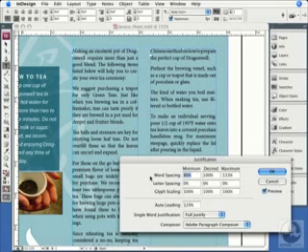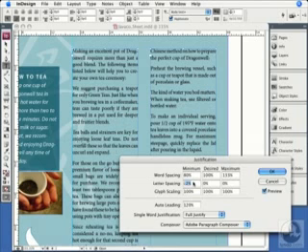But personally, maybe I'm not a purist. But in the magazine industry or the newspaper industry where you're on a deadline, you need to get this thing out fast, and you want as good type as possible quickly, well, in that case, go ahead and add a little bit of letter spacing and glyph scaling. I'll go in here, and with the preview checkbox turned on so I can see what's going on, I'm going to change the letter spacing to maybe minus 1 or 2%, and then I'll add 1 or 2% as well. That's going to be very difficult to see the difference between 1 or 2% of letter spacing,